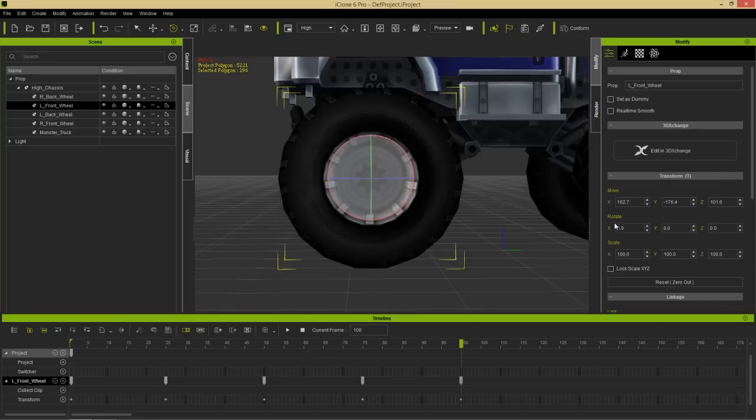So that goes back to 0. We have a full revolution of our tire, and if I spin it around, you can see there is our full revolution right there. Pretty cool. So, we could copy and paste all these keyframes, so on and so forth, along the timeline,